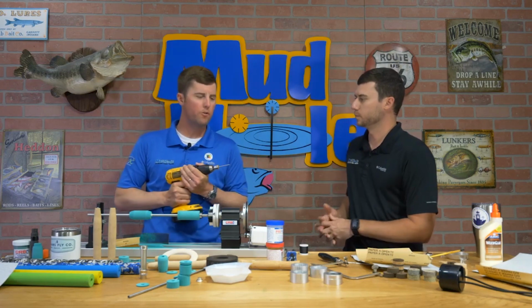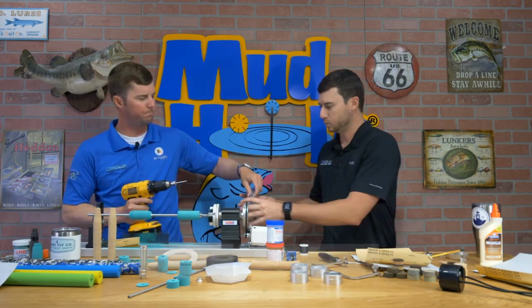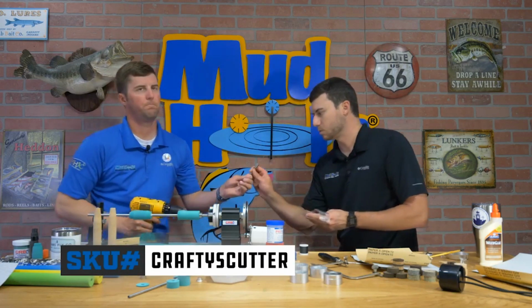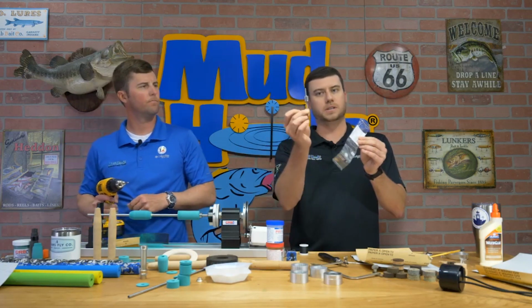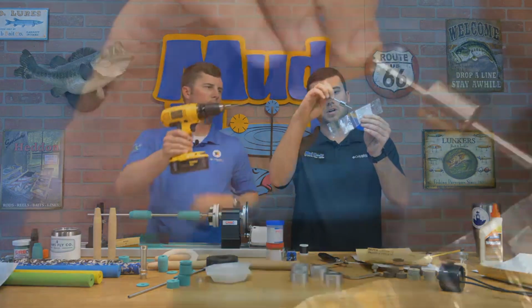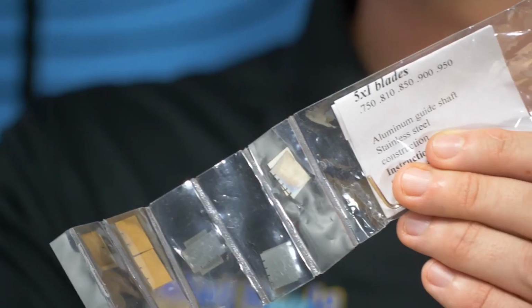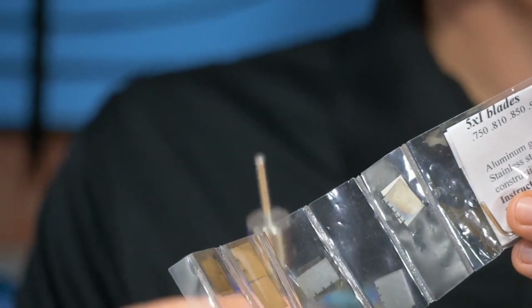We're ready. Chucked in the Benford 2100 drill, ready for the Crafty cutter. Good. All right, so show them this is how it comes. Yep. There you go. So this is the Crafty cutter. We have the piece that actually chucks into the drill, and you have your assortment of blades. And also, isn't there a sleeve that goes? Here's a sleeve. Yeah. Sleeve that goes over this,